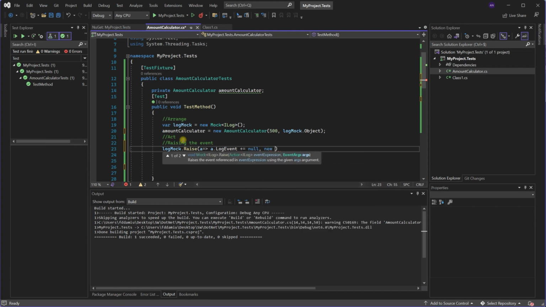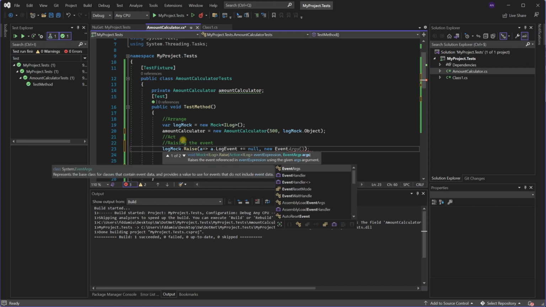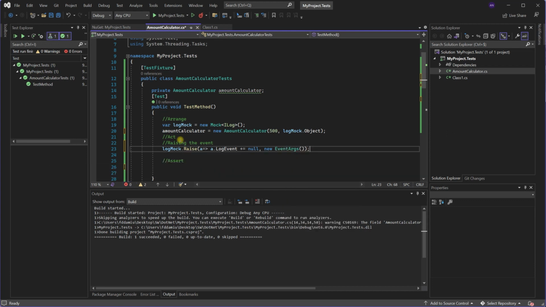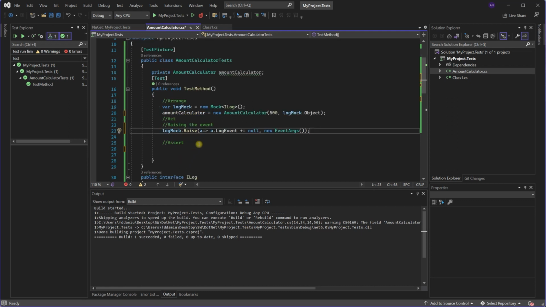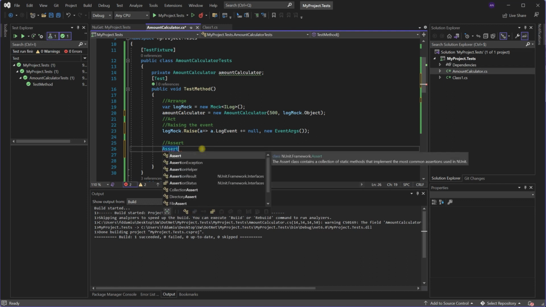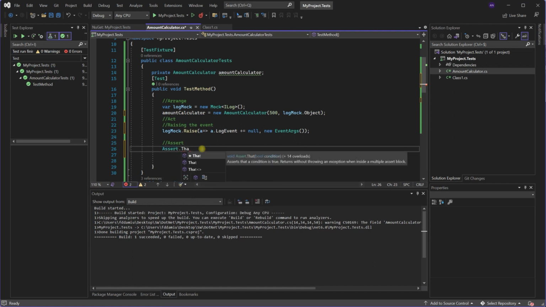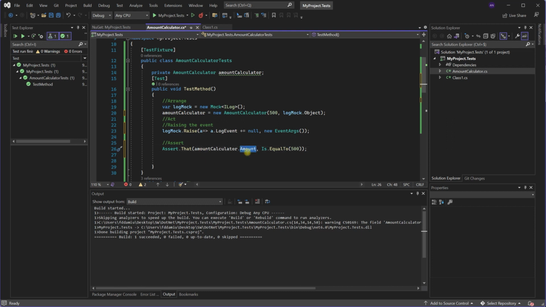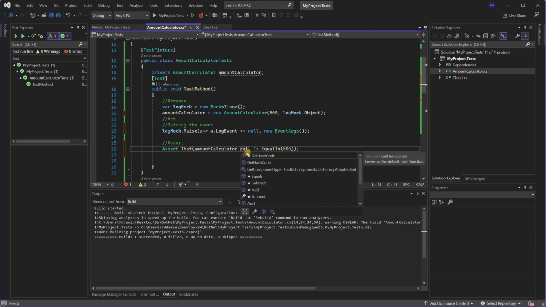So new EventArgs, so like this. So now the event is raised and we do the assert. Assert.That, and say amount calculator called, calculator dot